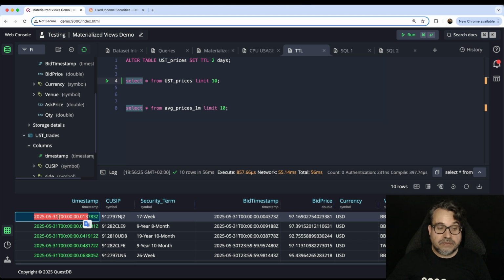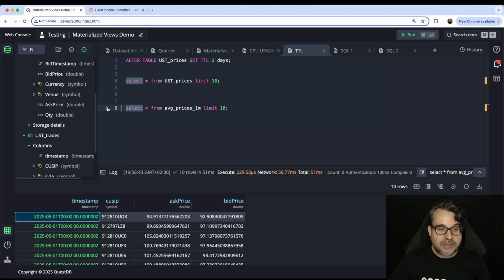It's the end of the month actually, not the first day of the month, but just 2 days ago. However, if I check my materialized view, my view is still keeping all the data since the beginning of the month, since the first time I created the materialized query. And of course, this query is still refreshing, it's still getting new data.